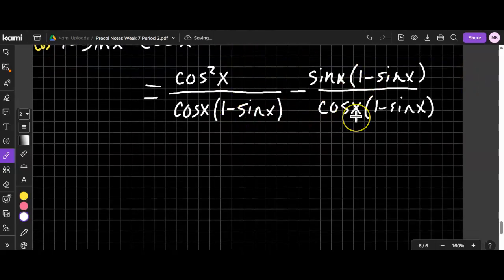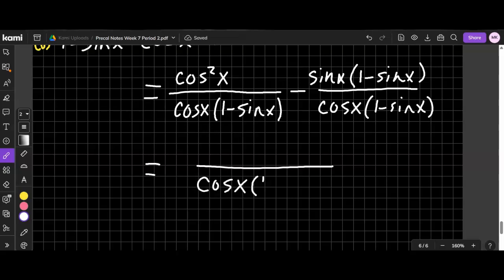Remember, the common denominator stays common, so we don't actually change the denominator. It's still just cosine of x times 1 minus the sine of x. But on the top now we have the cosine squared of x minus the sine of x times 1 minus